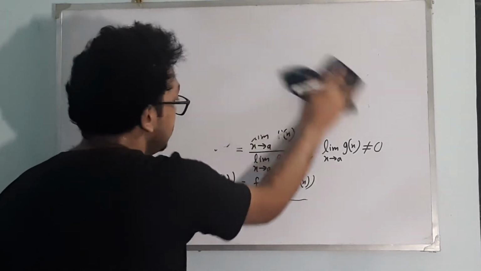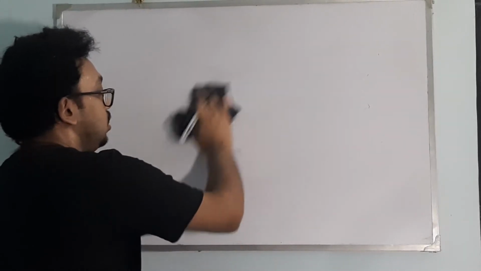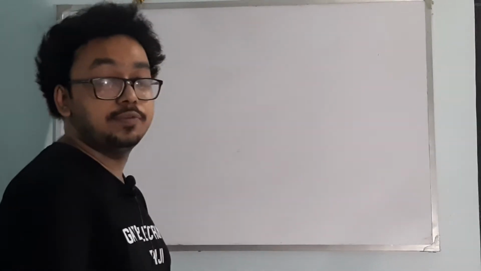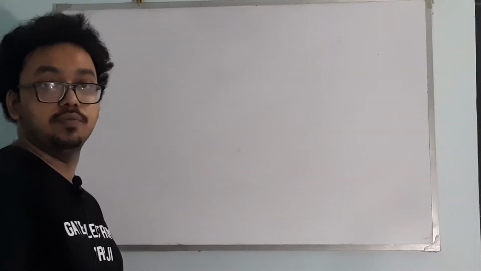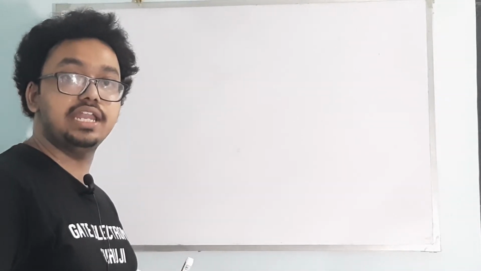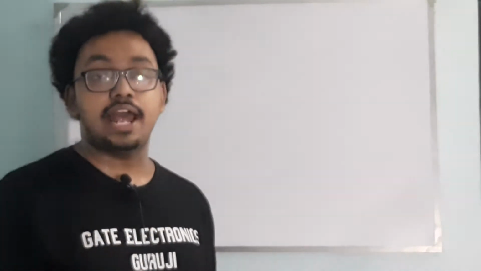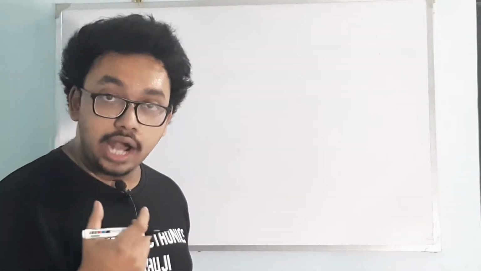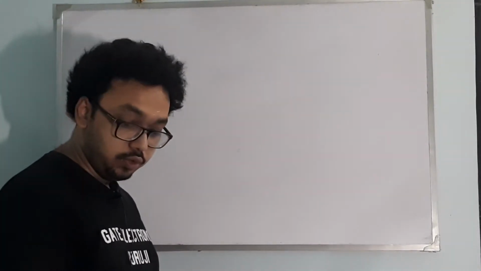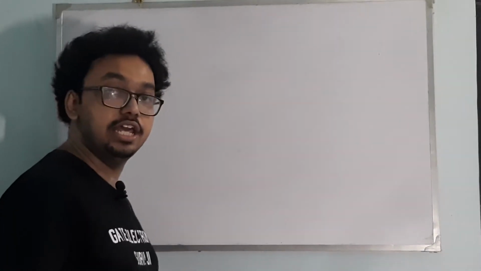Okay. So now come to the most important topic of this limit. This is the concept of determinate and indeterminate forms. We have to understand what determinate and indeterminate form means, and we will also try to understand why they are called determinate and indeterminate forms.